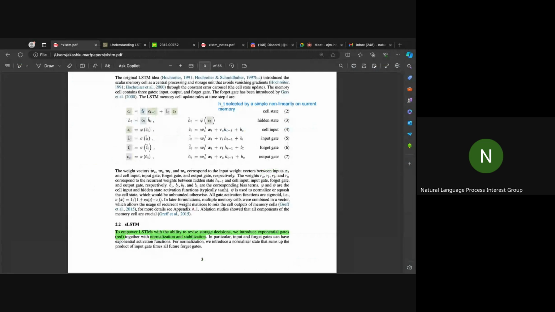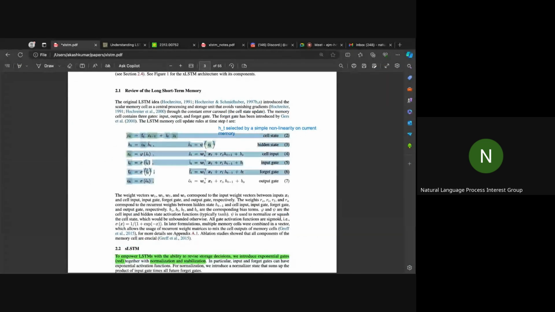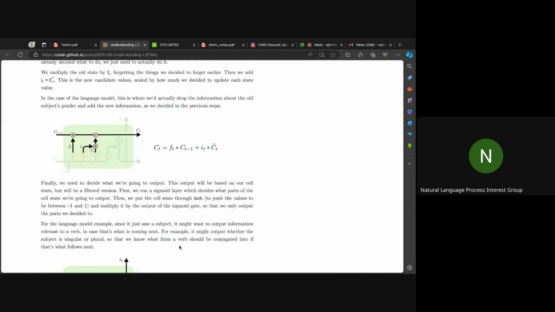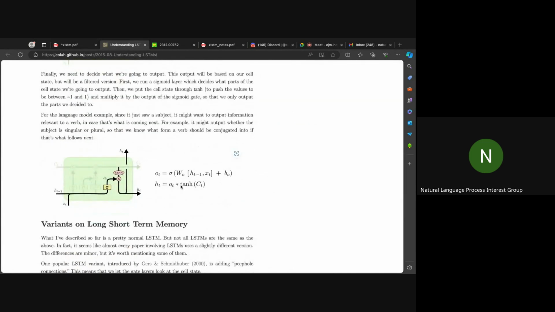Let's talk about the introductions in this paper, like the new contributions the authors have made. These are the equations that we saw in the blog post also. Here, the updates to the cell state depend on the forget gate multiplied by the cell state at the last time step, plus the input gate and the cell input that we got at that time step. A very interesting thing to keep in mind right now is that the hidden state is calculated by a simple non-linearity, which means that we are basically applying a tanh operation on the cell state,